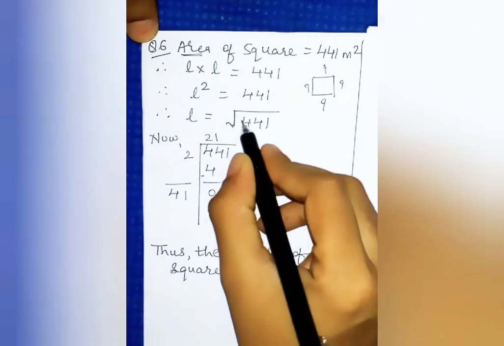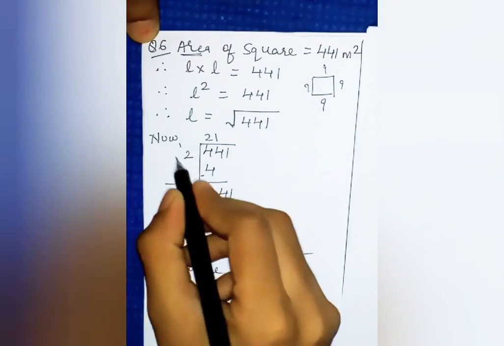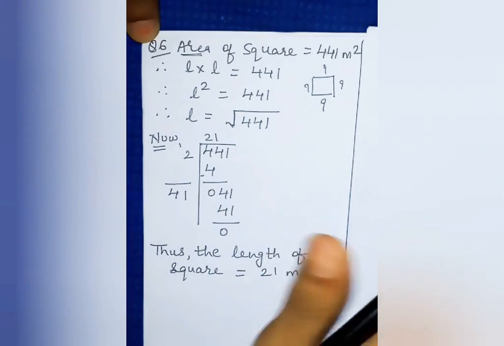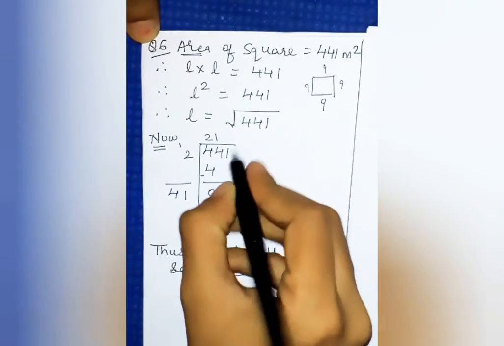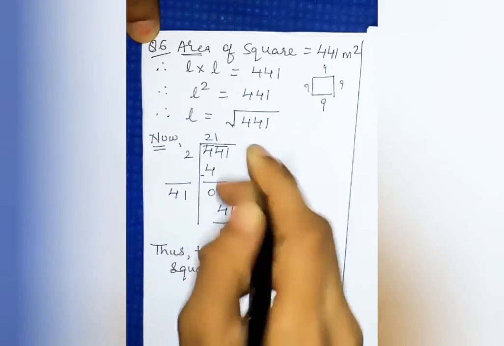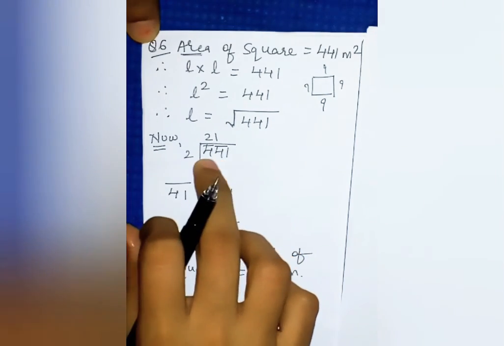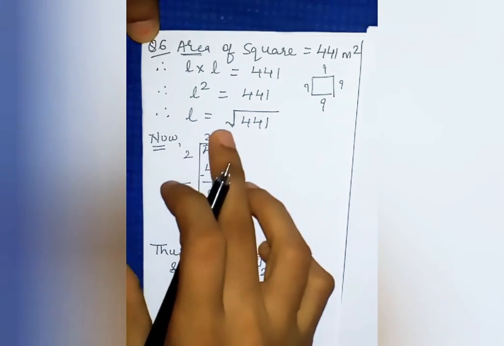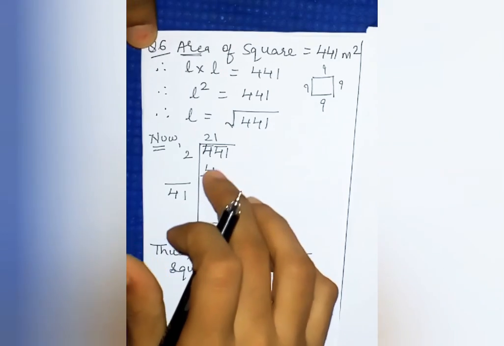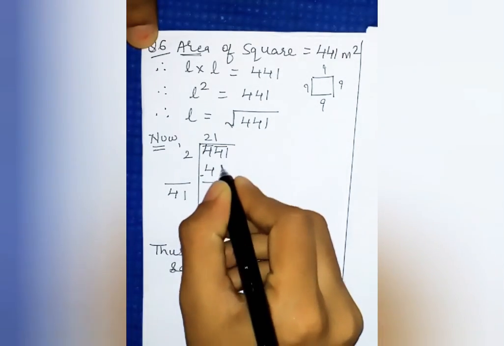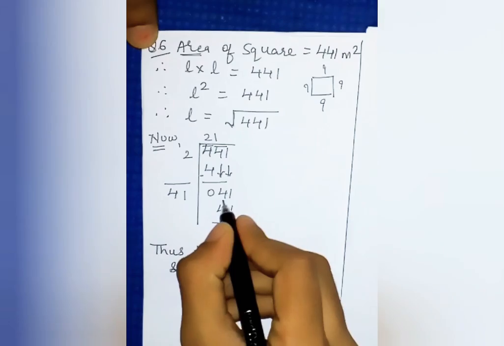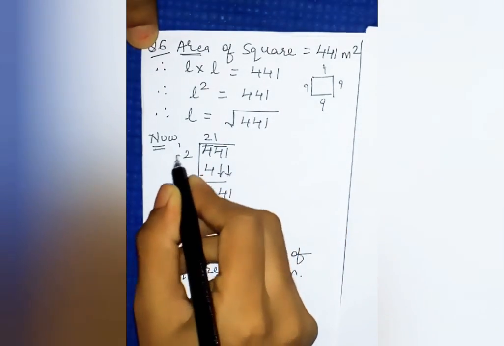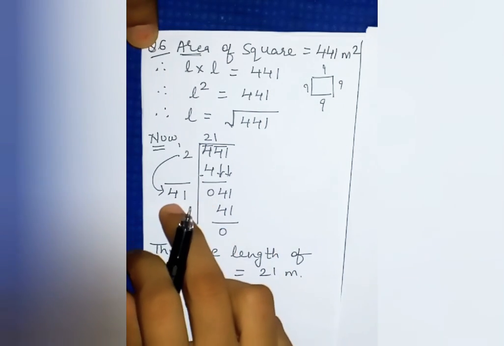Now we will find out root of 441. So the square root of 441 we will find by the division method. Okay, so first of all we will make pairs, we will draw the bar. So here we will get one bar and here we will get another bar. So our first digit is 4, so we will start with 2 twos. So 2 twos will give you 4 and 4 minus 4 will be 0. Now this 41, both we will bring down. So 41 comes down here. And on this side we will double the 2, so it will be 4.